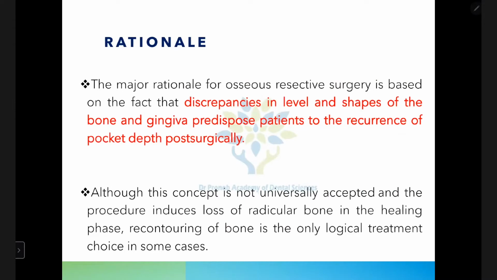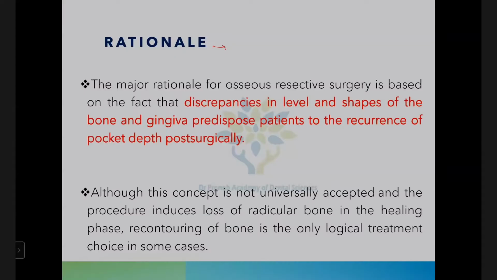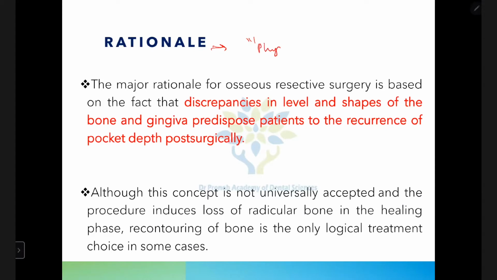Next, what is the rationale? Why do we have to go with this resective surgery? As I have mentioned, a physiologic parabolic contour needs to be created. Certain strict guidelines have to be followed, and the contouring of the alveolar bone has to be done. If contouring is proper, then obviously we can manage the gingival soft tissues. The gingiva will be sitting on the bone, right? So if we create the physiologic contour of the bone, then we can obviously manage the gingival soft tissues.